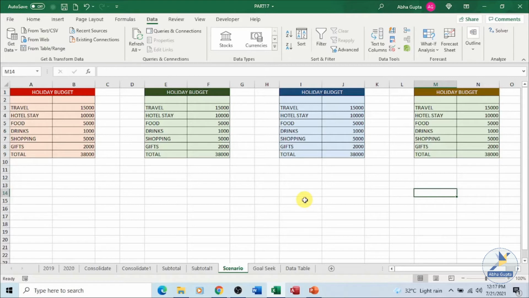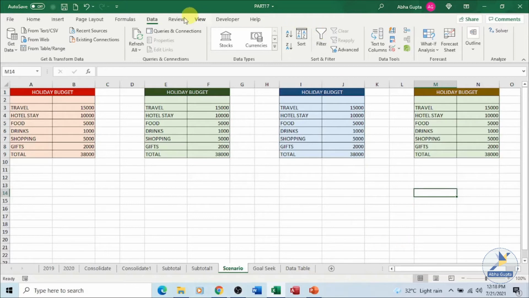Now there are three types of what if analysis tools present. You have scenario manager, you have goal seek and data table, plus you also have an additional tool known as solver, for which I'll be making a separate video, and there we'll talk about the solver tool as well. So we have three tools.